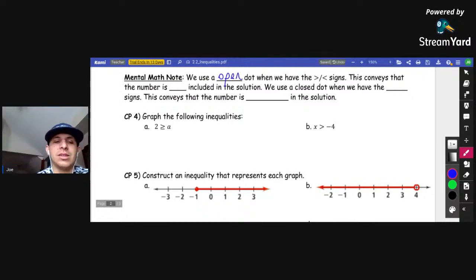This conveys that the number is not included in the solution. We will use the closed dot. And remember, this is only when we're graphing things, right? So you see in checkpoint 5, we're graphing things. When we have the,